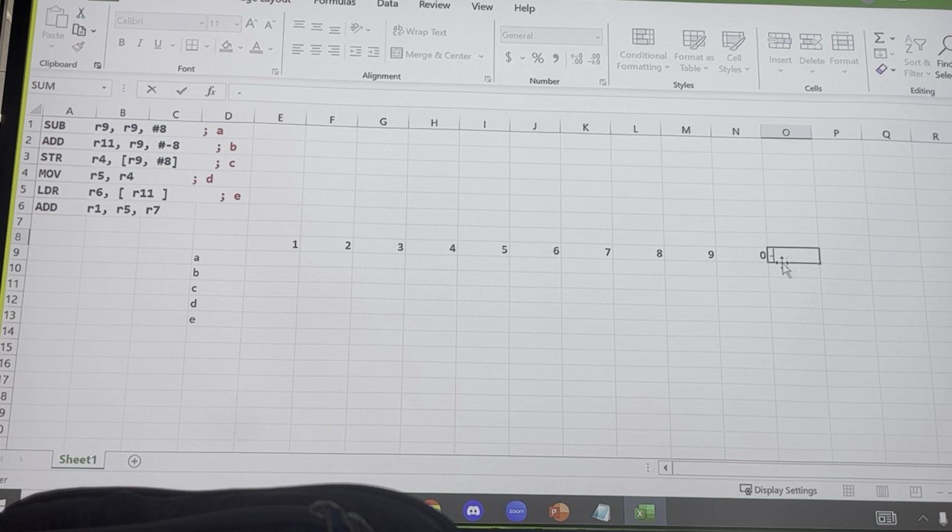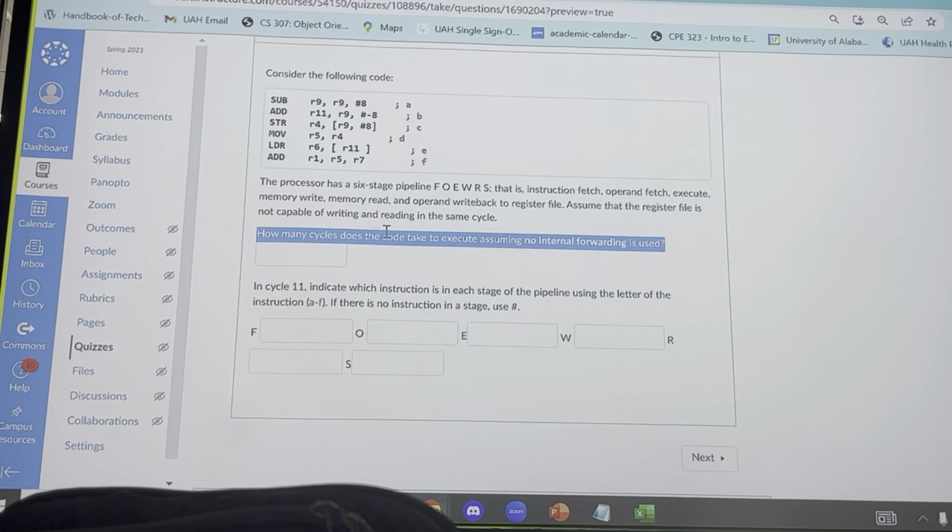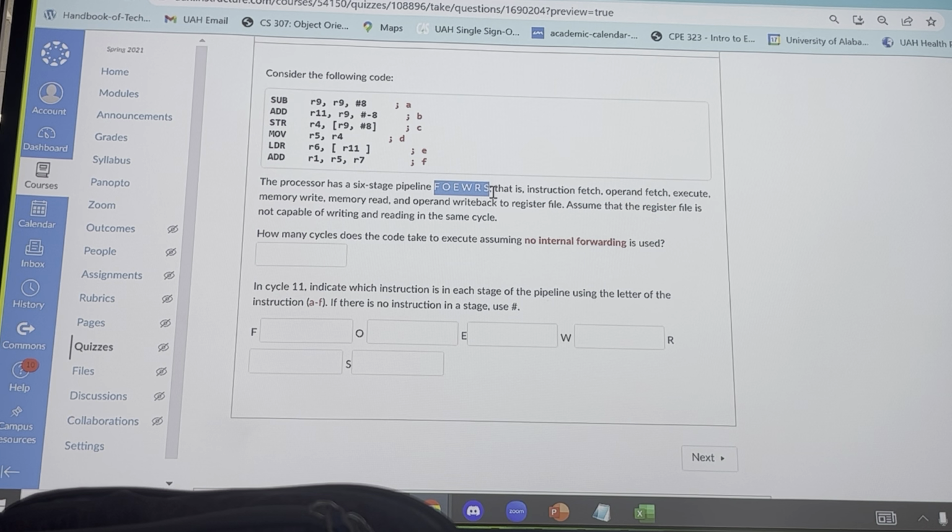It's asking for 11, so if it's asking for 11, you probably have at least 11 cycles necessary, right? Maybe 12. Let's go up to 13. We can add more if we need them. Okay. So the first one is really, really easy, isn't it? Let's pull in these letters so we remember them.